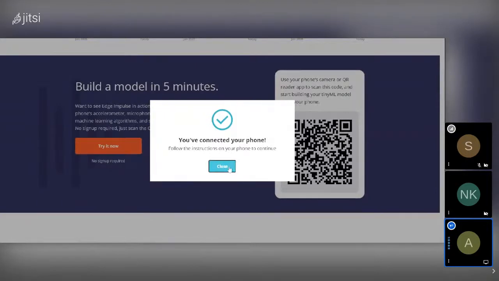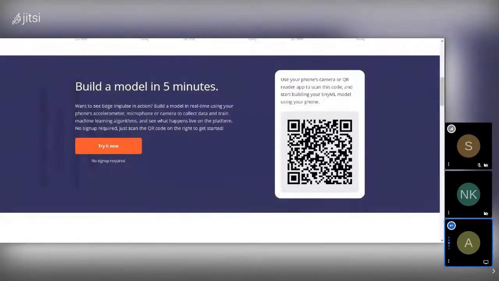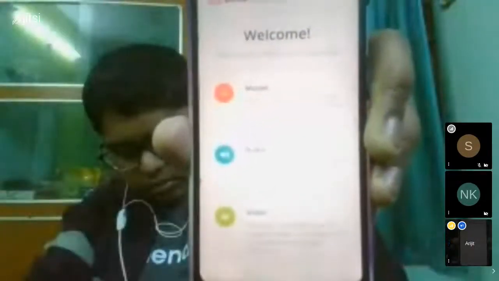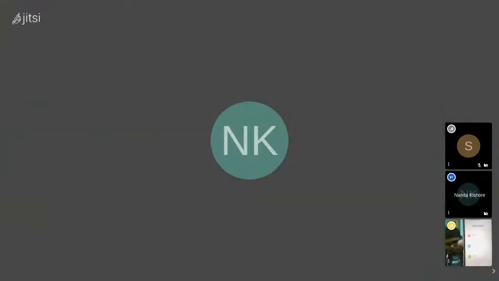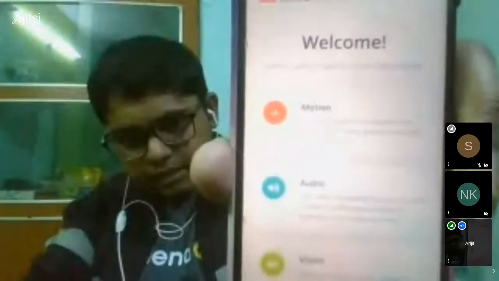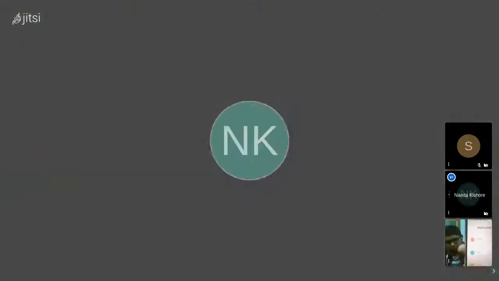Let me stop the screen sharing and share the camera right now. Can you guys see my mobile? Yeah, but it's blurry. I guess it will calm down in a couple of seconds. Are you using Wi-Fi or internet connectivity? No, I'm on broadband right now. Okay. Is this better now? Yeah, it's okay.